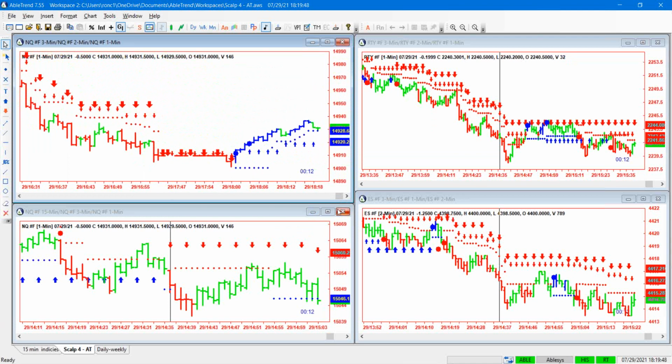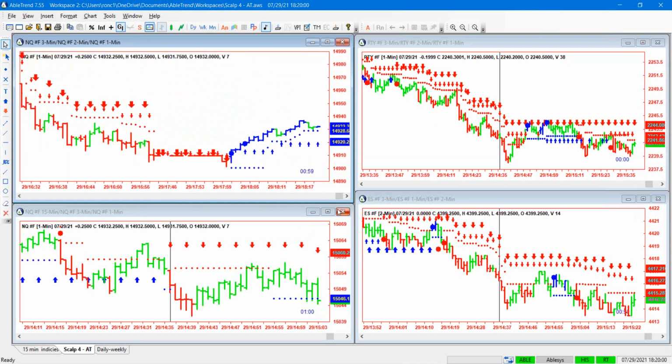Everybody has different skill levels in trading. And when I do this, I just get inundated with calls and emails. I don't understand. What are you saying? And then I have to repeat myself 10,000 times. So I hate to introduce additional things to the chart, but I just said, you know what? For those of you who do get it, and are a little bit more experienced with AbleTrend, a little more trade savvy,